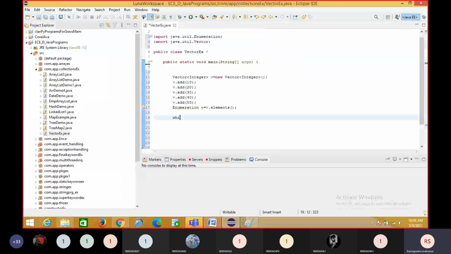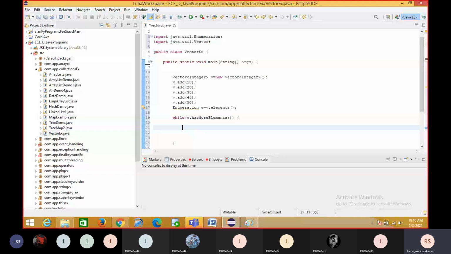So E dot hasMoreElements. If the element is there,